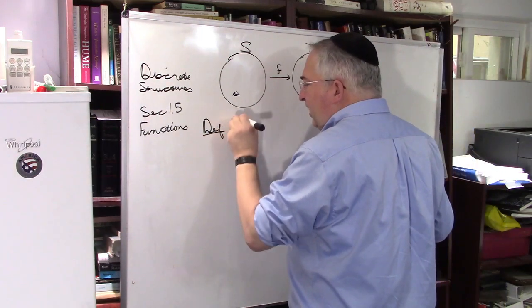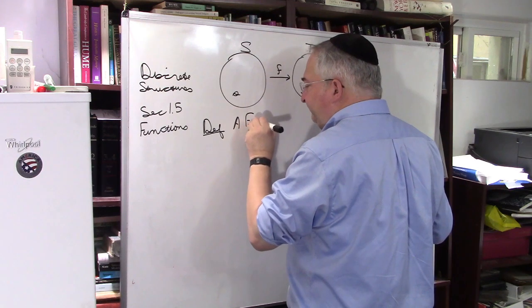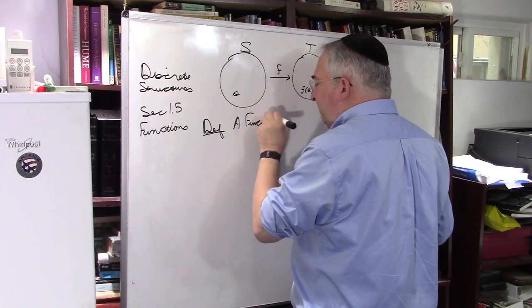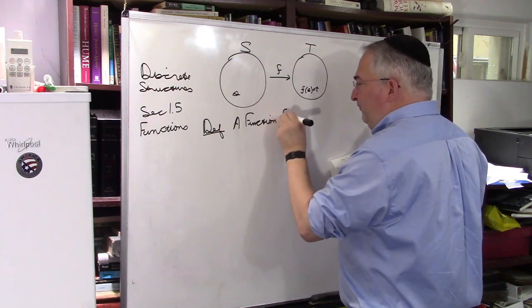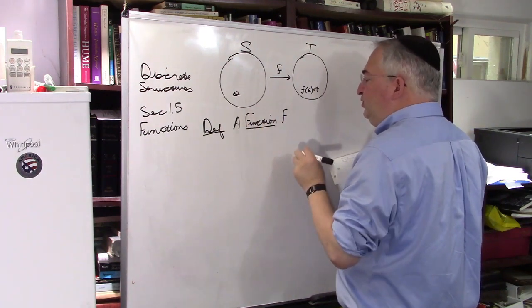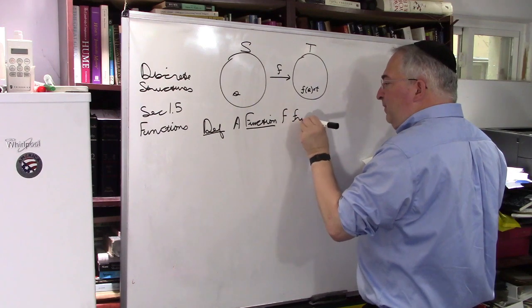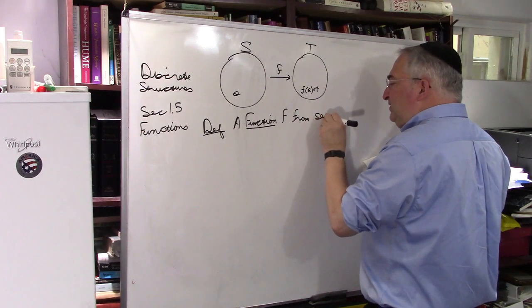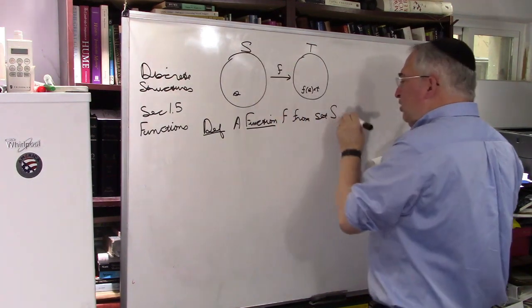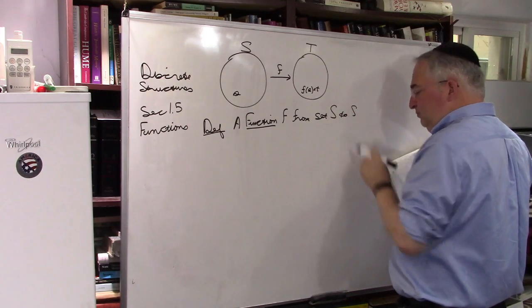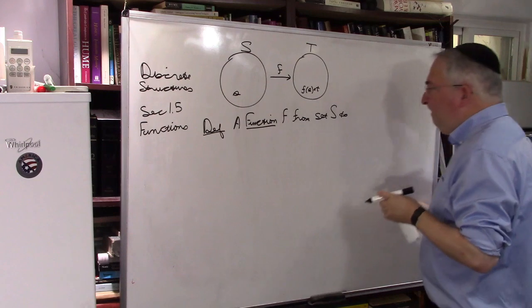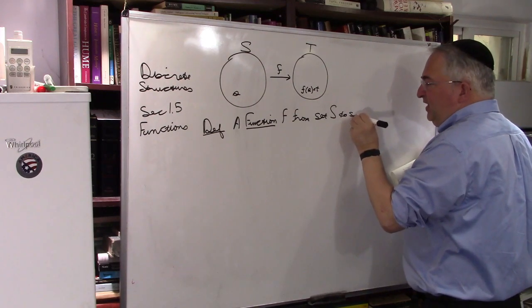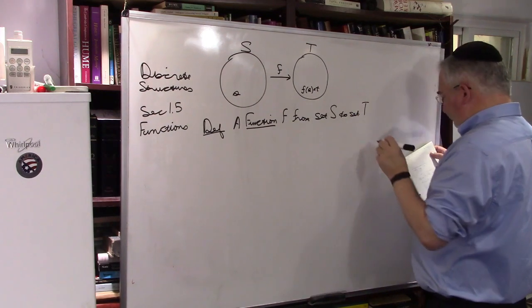Definition. A function f from set S to set T